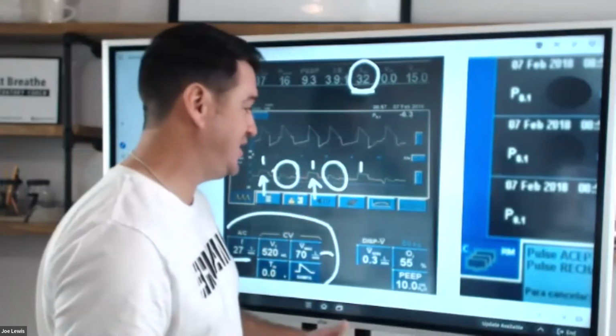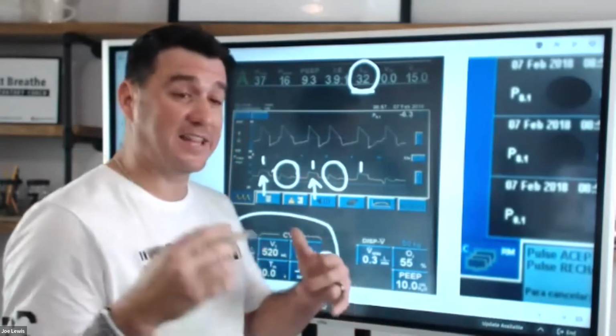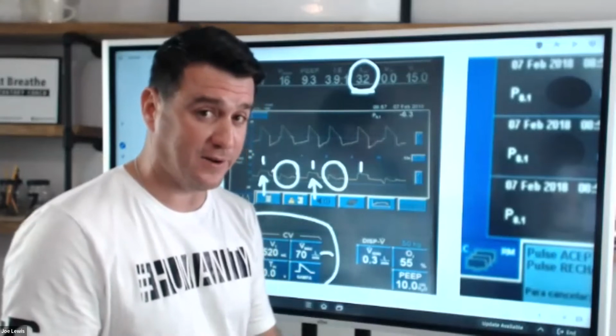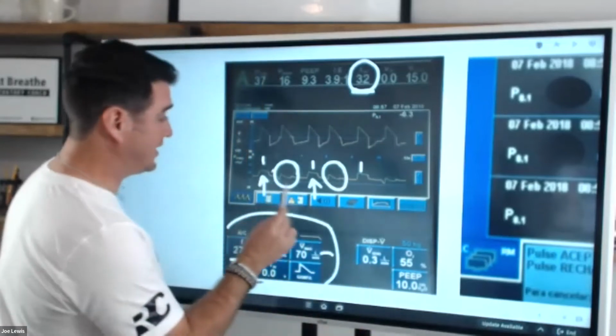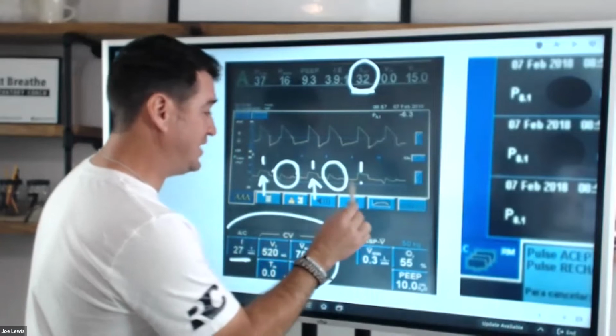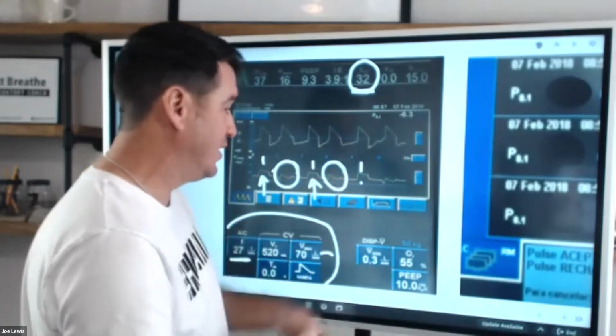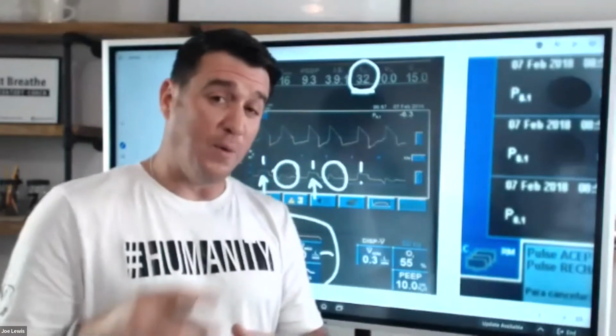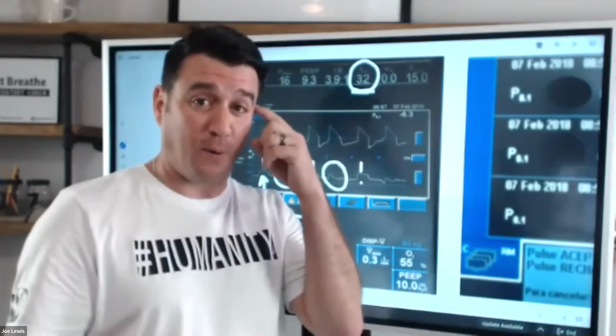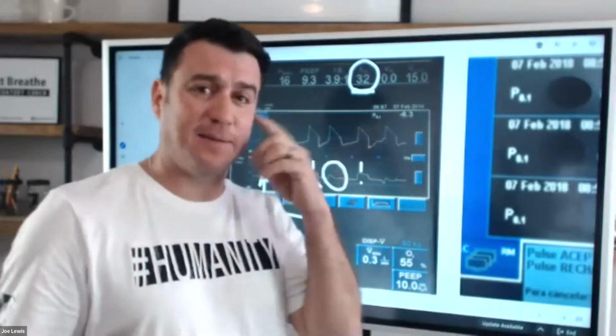When the patient initiates a breath, you see that they're not happy with the way that breath is being delivered. When you look at these good-looking waveforms, you don't see a negative drop prior to the breath happening. And so these were time-triggered breaths. But when the patient asked for one and the neural drive said, hey, take a breath, I want a breath,